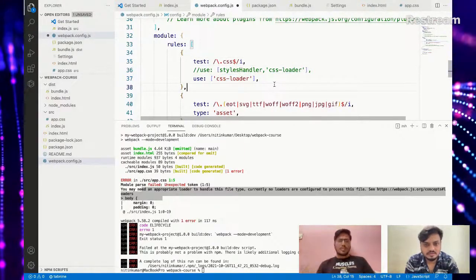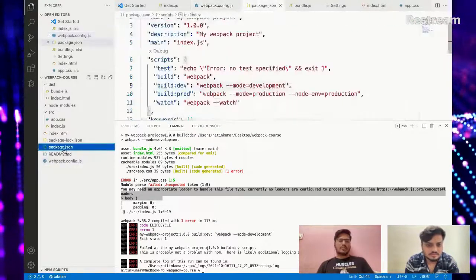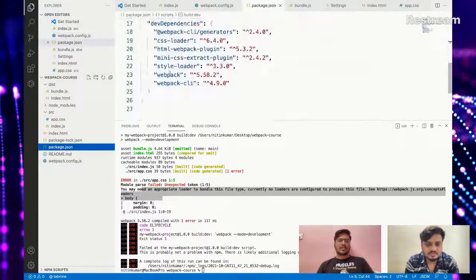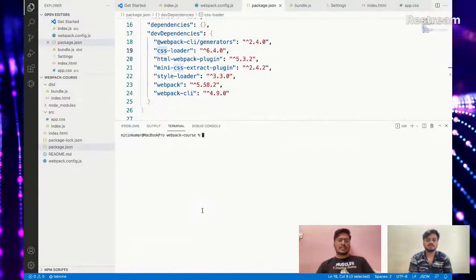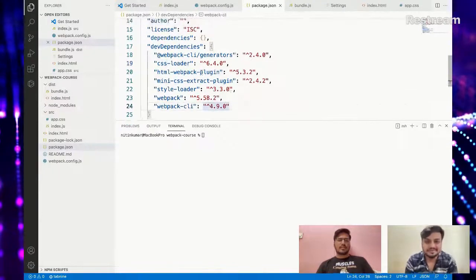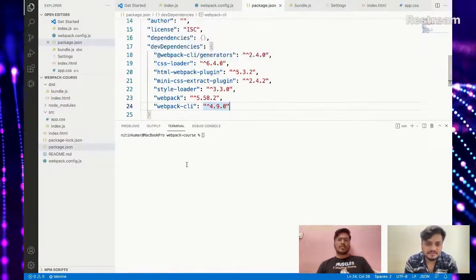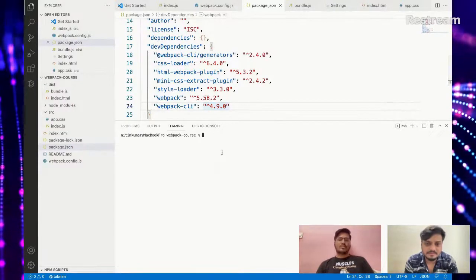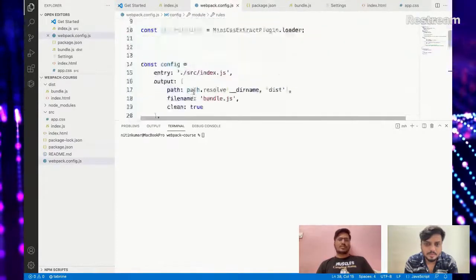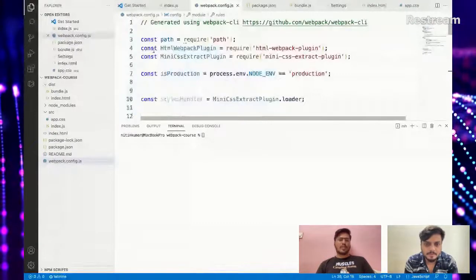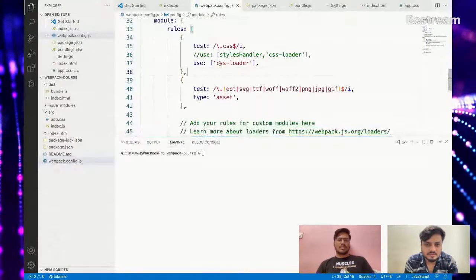Of course, you have to install css loader separately, like npm install css loader. I've already done that here. css loader does not come out of the box with webpack, so you have to install it separately by npm install css loader, and then you can directly use it without importing it here. So you mention use css loader,